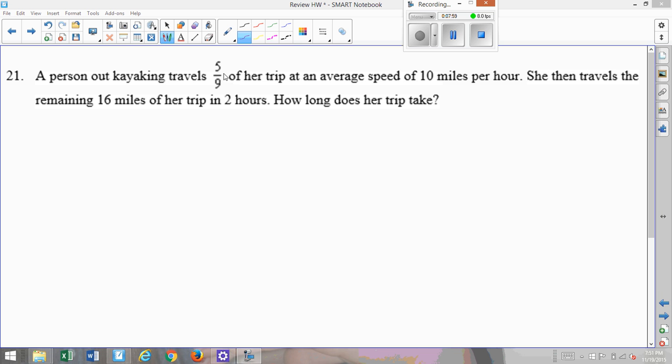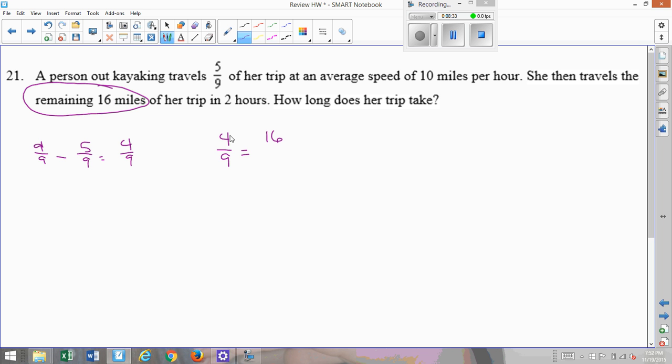And we know that if there are 5/9, the total trip would be 9/9. So 1, or 9/9, minus 5/9 is going to give you 4/9 for this section, which is the remaining 16 miles. That helps us out huge. So then we take 4/9, and we know that that would be equivalent to 16, because 16 miles is a